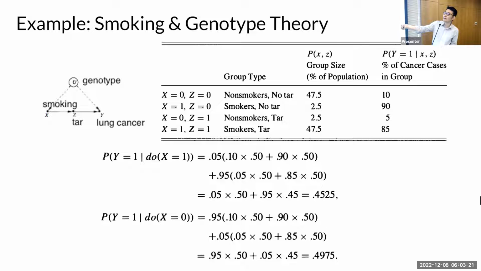And then you can just apply the backdoor criterion or backdoor adjustment rule to estimate the causal effect of smoking on lung cancer, as you can see from here, for different values of X, smoking, not smoking, and you can just find the probability distribution of Y. And then you can see, basically, smoking does not have a bad effect according to the data. Of course, the data is fake. They try to say that smoking does not have a bad effect. But in any case, you can really identify causal effects if you have the structure and the data for the measured variables, if the causal effect is identifiable.